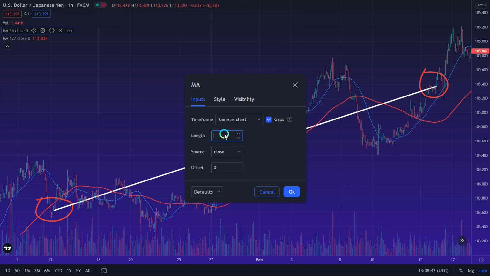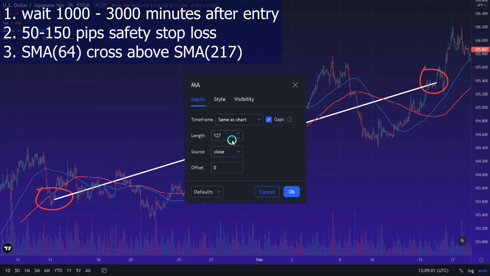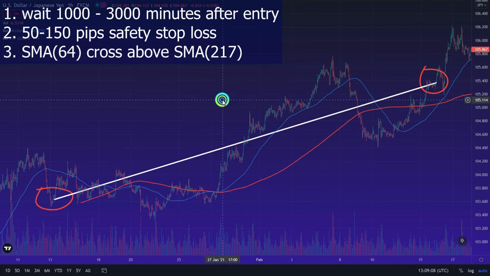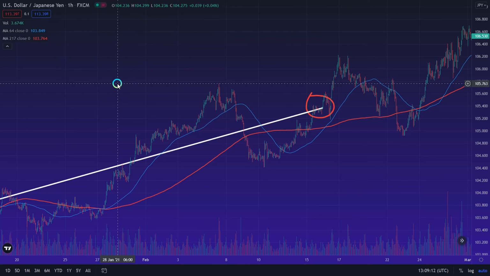because there are a lot of numbers and you have to learn them and apply them to the real markets. So our first condition is a 64 period simple moving average, and the second parameter is a 217 period simple moving average, and we can close our trade if the X minutes has passed, from 1000 to